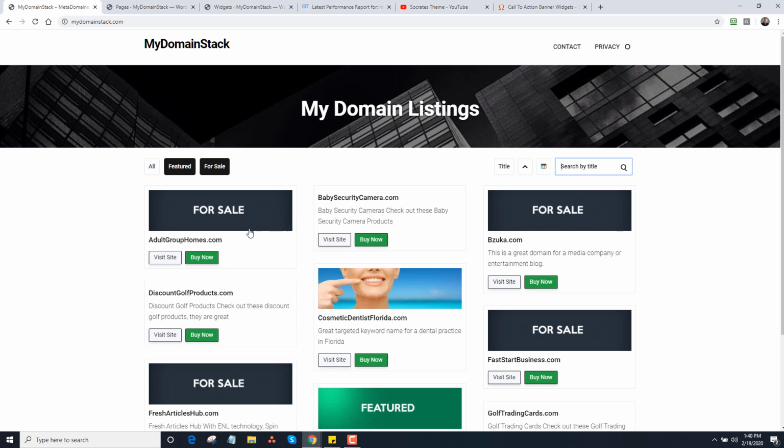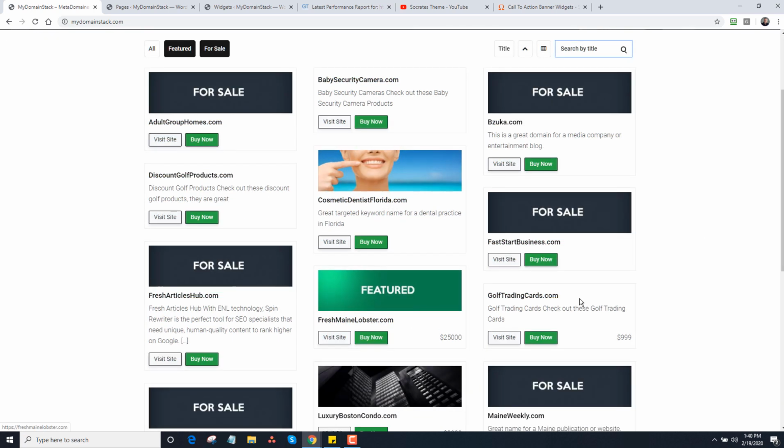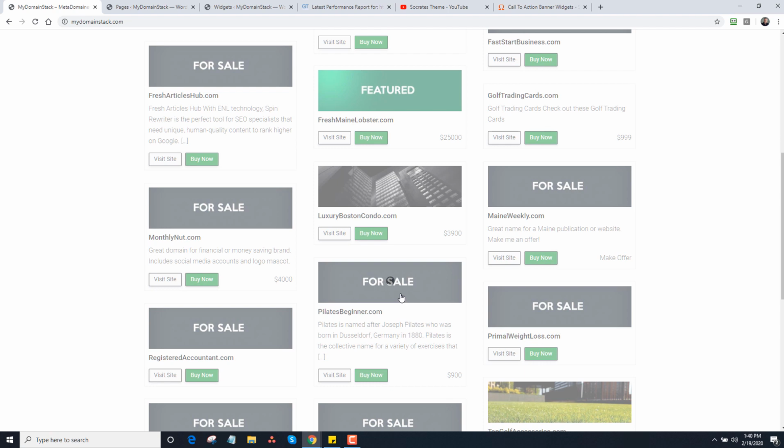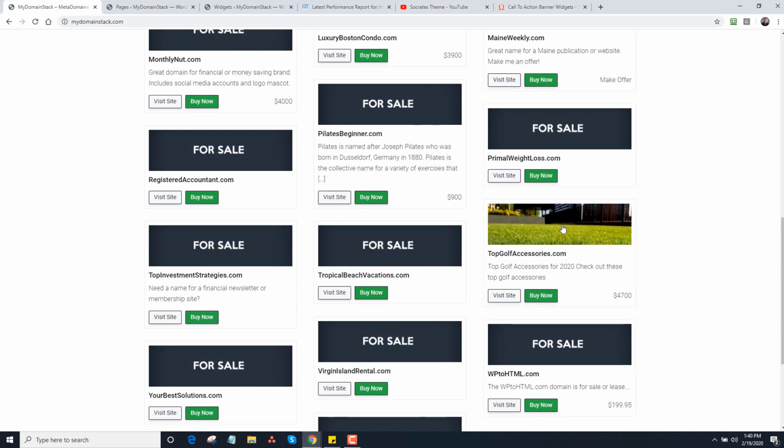Now you're going to notice that there are a for sale featured image here, and you're going to notice that some of these have regular images. So this is a category specific thumbnail image for sale image. Okay, this is a featured category specific thumbnail image. This is an actual featured image on this post or on this domain listing. As is this one. So I'm going to show you how that works in just a minute, but the first